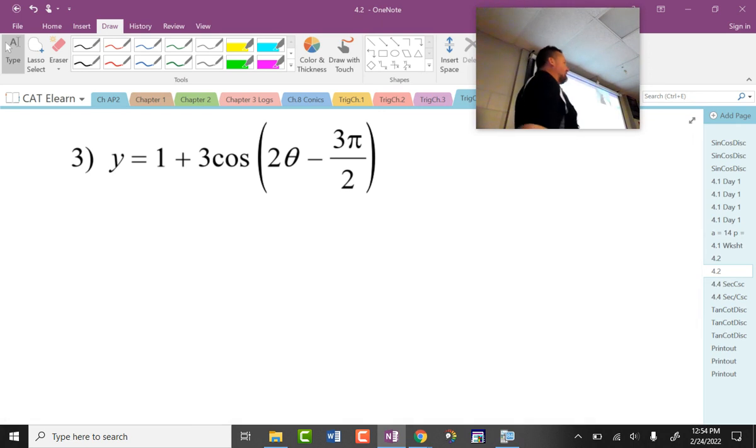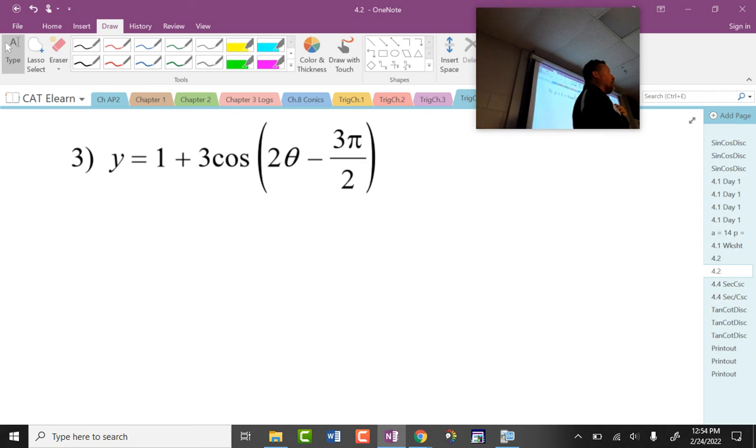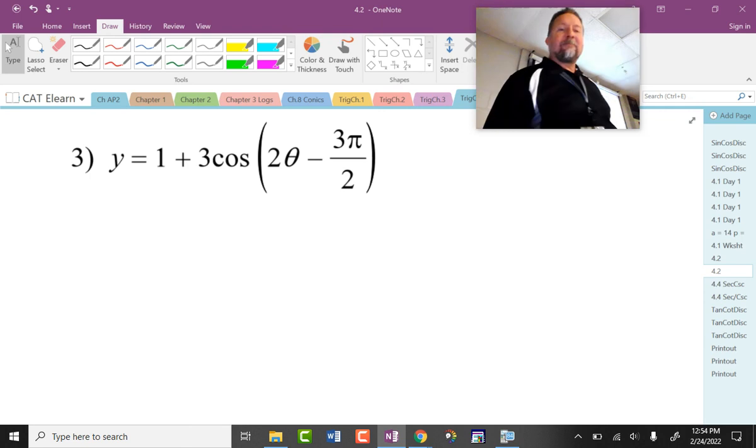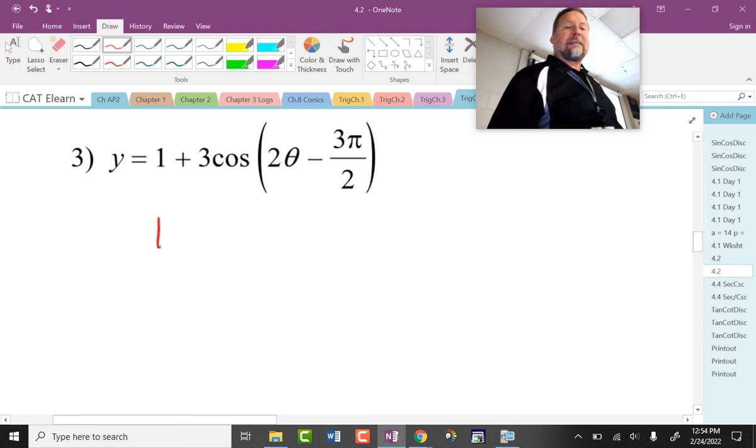Let's all do this as a class together. What's the amplitude? 3, 2, 1, go. What's the up-down shift? Say up or down. 3, 2, 1, go. Up 1. What's the period? You're going to be okay on this. 3, 2, 1, go. No, it's 2 pi over 2, which is what? The phase shift is not